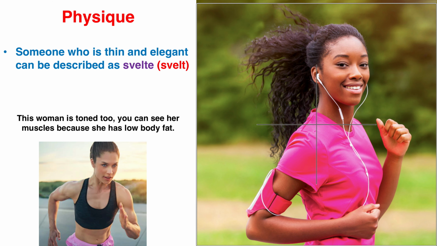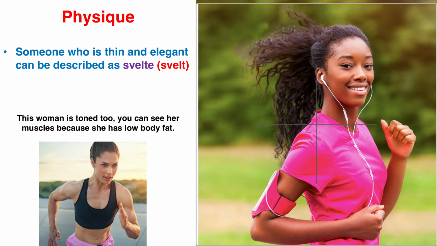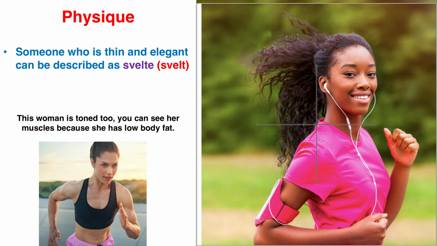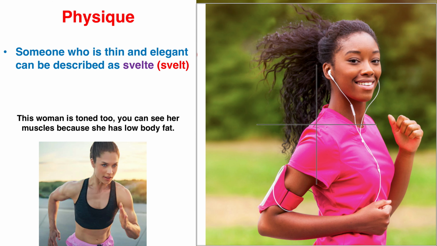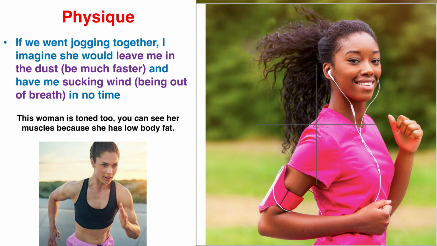Another way to describe her physique is svelte. So the woman here is very svelte, and that is somebody who is thin and elegant. To me, at least personally, I think she looks svelte, thin, elegant, like she might be good at dancing. She looks like she's in good enough shape, so if we went jogging together, I imagine she would leave me in the dust or be much faster than me and have me sucking wind, being out of breath